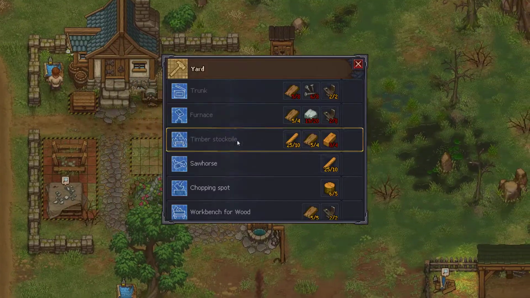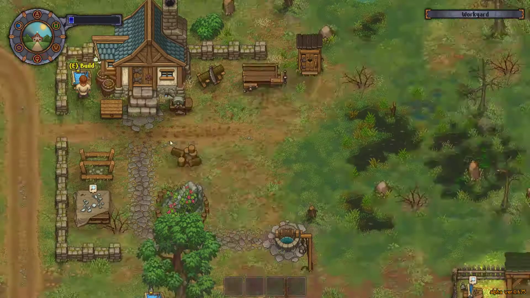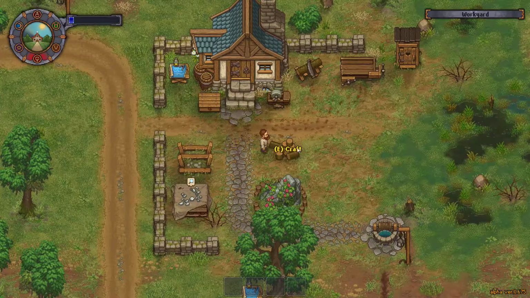What do we need this for again? Ah yes, the chopping spot, right, so let's... Well, we can't pop that in there, we can put it there. But can we then get past there? So the chance I don't really want to take. So we'll go ahead and put it there instead. There we are. And understandably, the chopping spot, being just a bundle of bits of wood, does not require